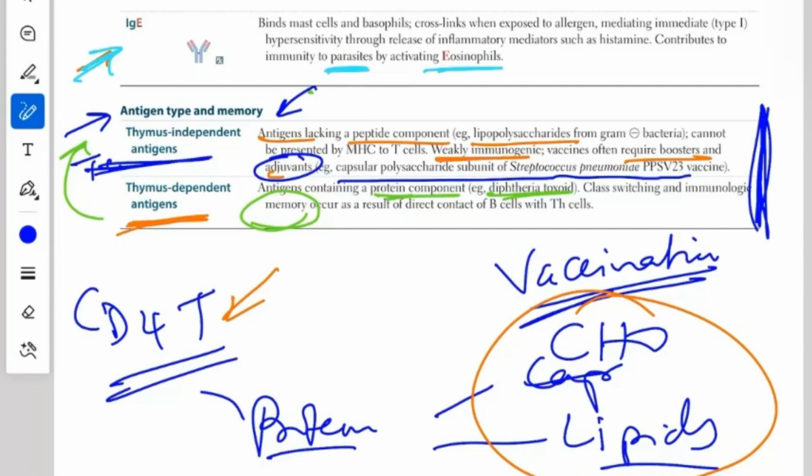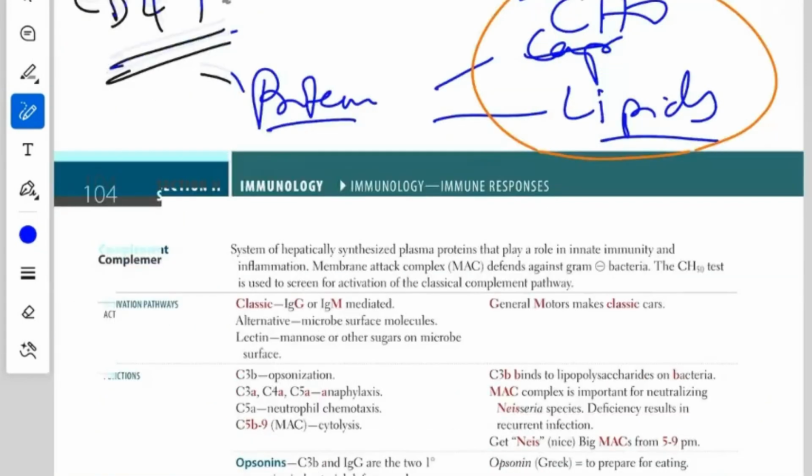That one is weakly immunogenic. But when you have one that is conjugated, the conjugated pneumococcal vaccine, I think the PCV13 or so, that one is now more strongly seen by the T cells, and is a better stimulant of the immune system compared to the vaccine that contains only the capsular subunit of Strep pneumoniae. Okay, so I think